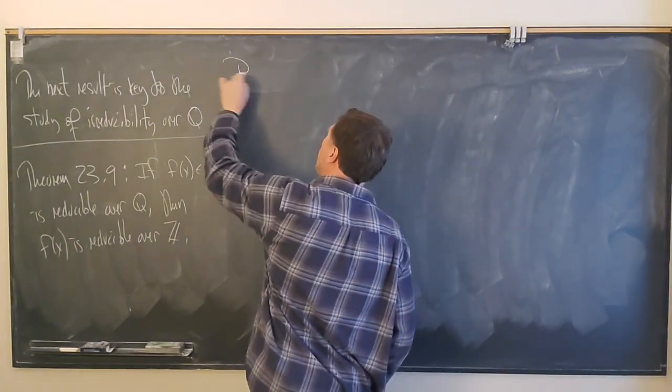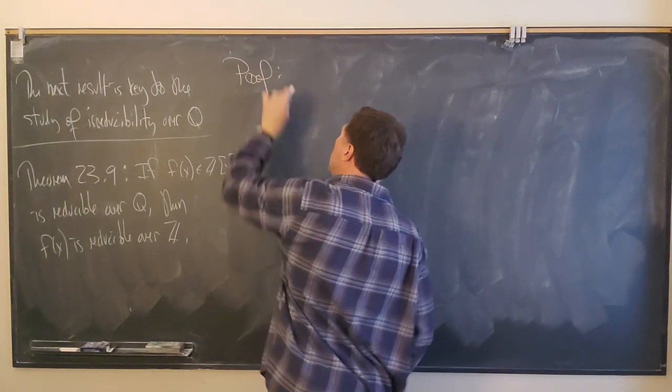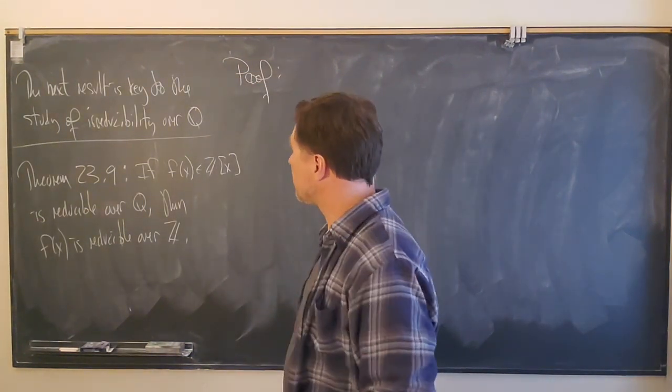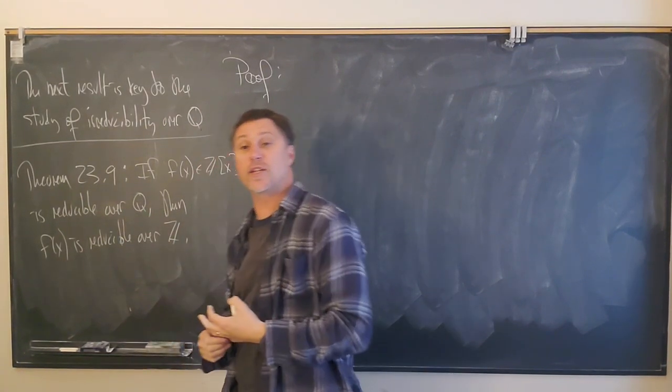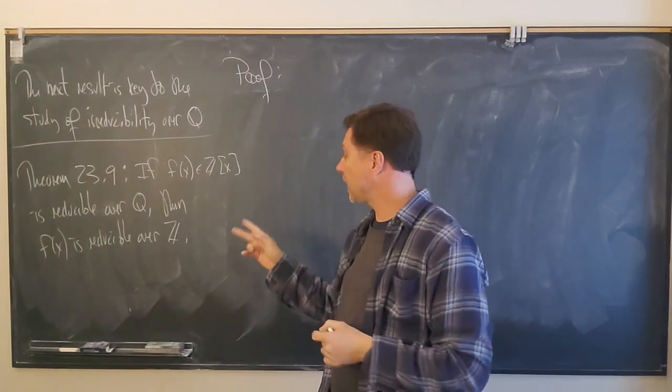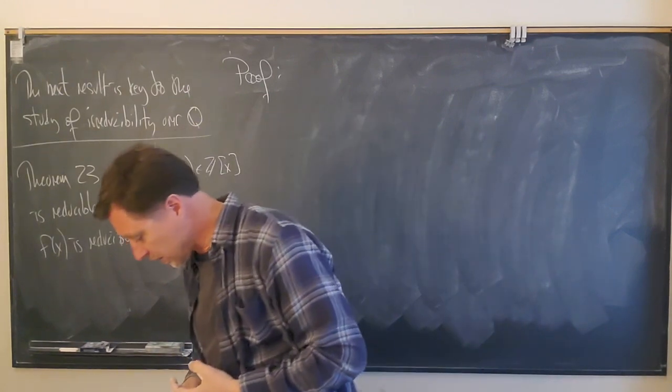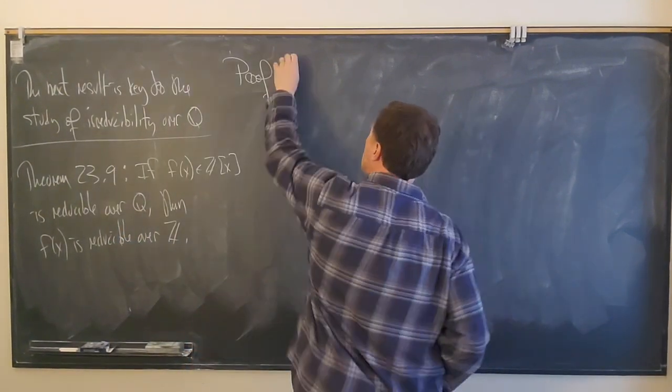So what are we going to do? What we're going to do is assume that we factored over Q, and we're going to use that factorization. We're going to manipulate it a little bit and find a factorization that just requires integers. All right, so let's assume